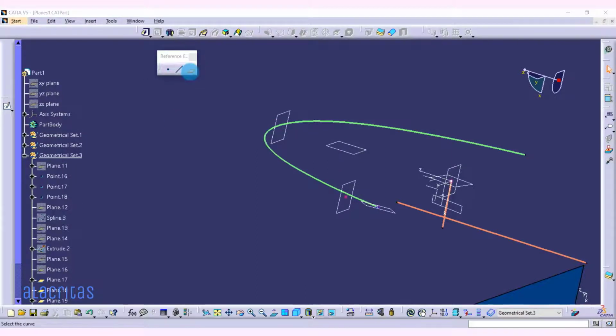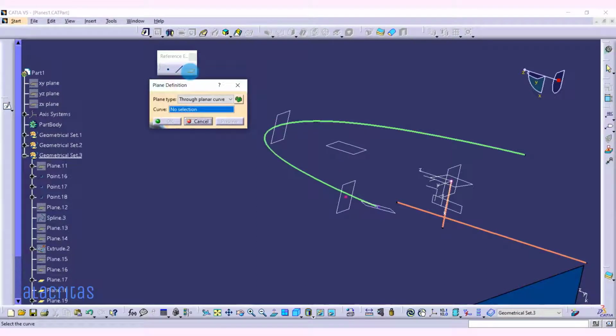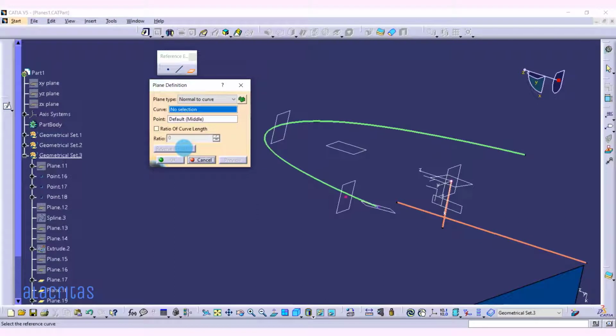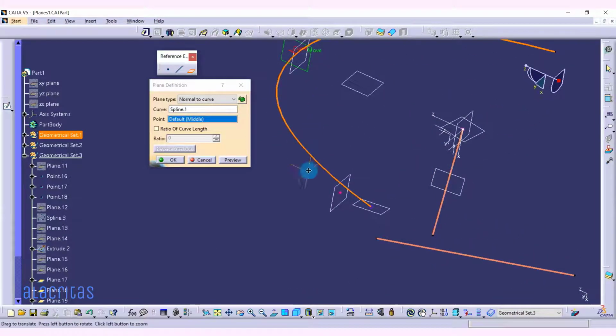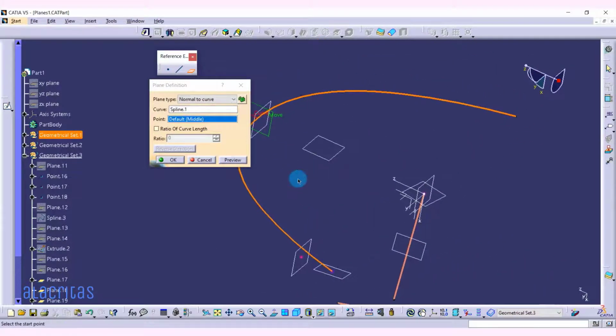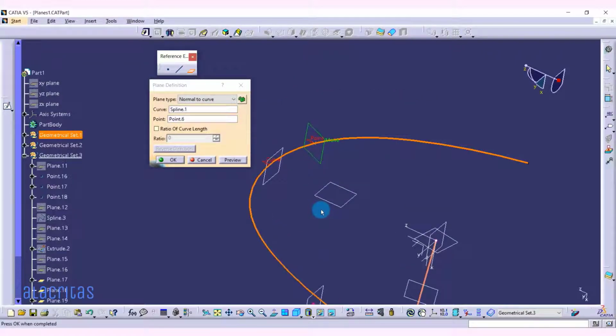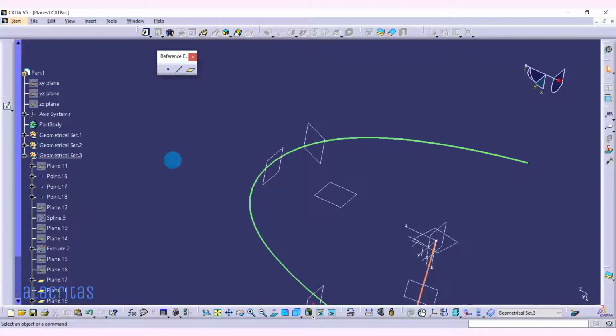The next option, normal to curve. For any selected curve, the plane will be created normal to that. In this case, by default it takes here; if we have any points created on the curve, here we have a point, and the plane will be created normal at that particular point. So the plane is created. The next option,